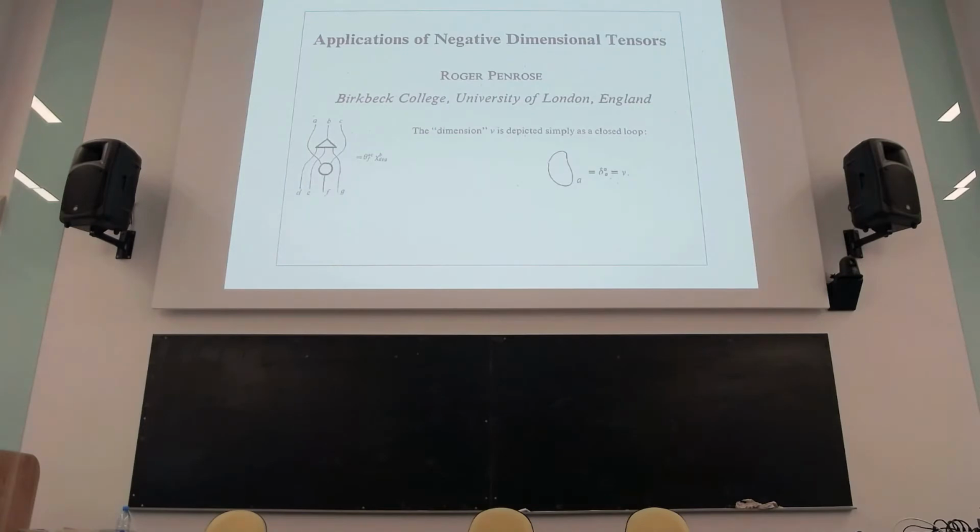Anyway, I'm reminding myself here of a paper that Penrose wrote a long time ago called Applications of Negative Dimensional Tensors, I think around 69. And that's where we're going to start. And I want to remind you, if you haven't seen this paper before, of the sort of thing that he's doing. He makes diagrammatic